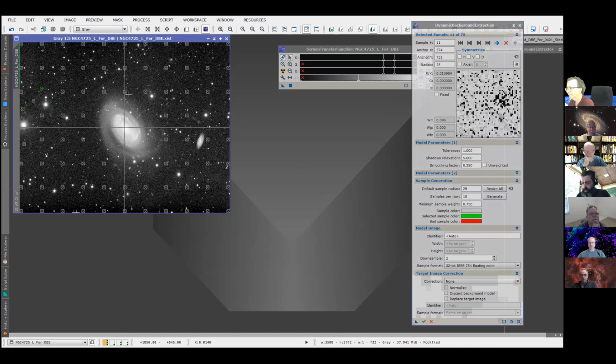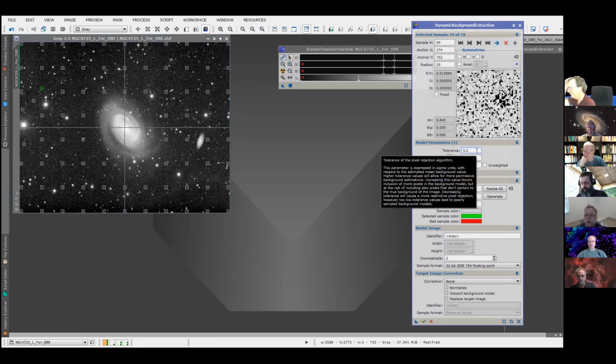Hey, Michael, yeah. Could you do a quick explanation of the shadows relaxation again? I didn't quite understand. Yeah, let me go back. So the default, okay, you can always look at the tooltip, but basically tolerance effect, like if I set tolerance really low, like 0.2, I think that's standard deviations, but basically it's saying that,